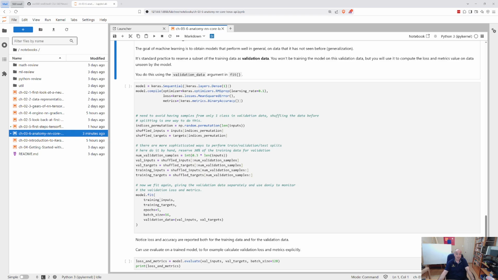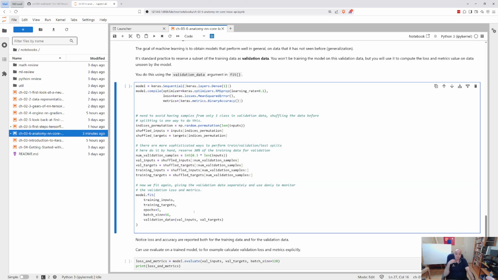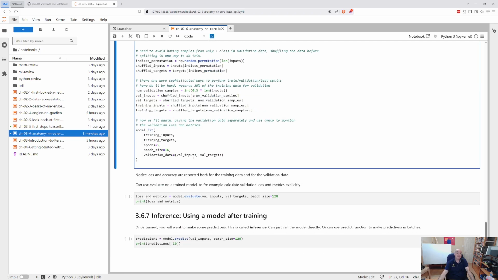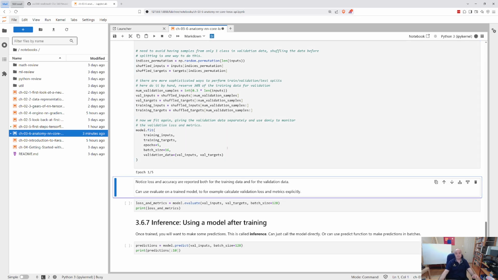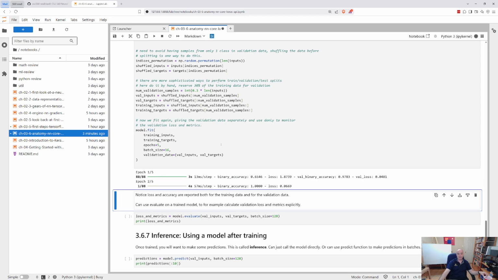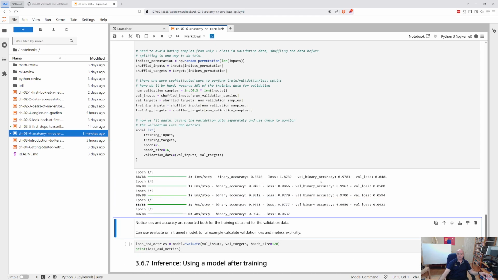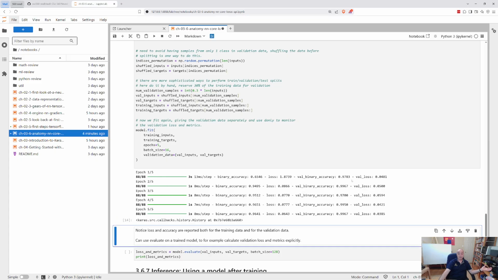Have our model, compile it, and run it, fit it on 5 epochs here. But now we pass in the validation data so that we'll get a report of what's happening on each epoch on data that was never trained with. Right? So even though we're getting 96% accuracy,